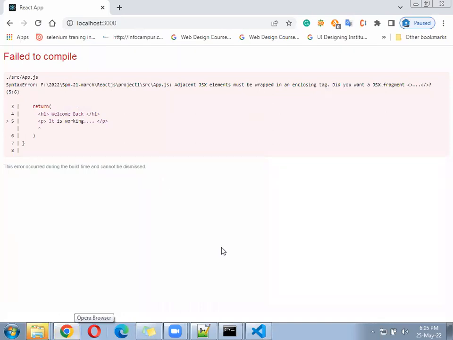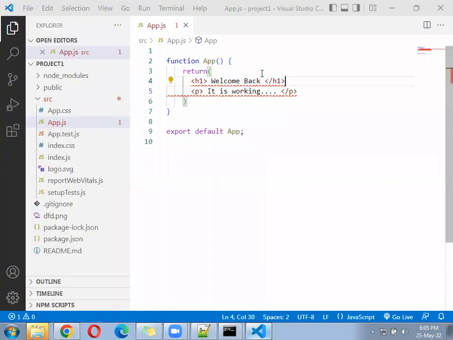So what it says is, when you have multiple elements in a component, you must follow the rule of XML. The XML rule says that in one component, if you have more than one element, all the elements must be inside a parent element. The JSX rule says in a component, if you have only one element, no problem, you can write it directly, as we wrote the H1. H1 was working well. As soon as we wrote the paragraph, it failed. It's against the JSX rule.